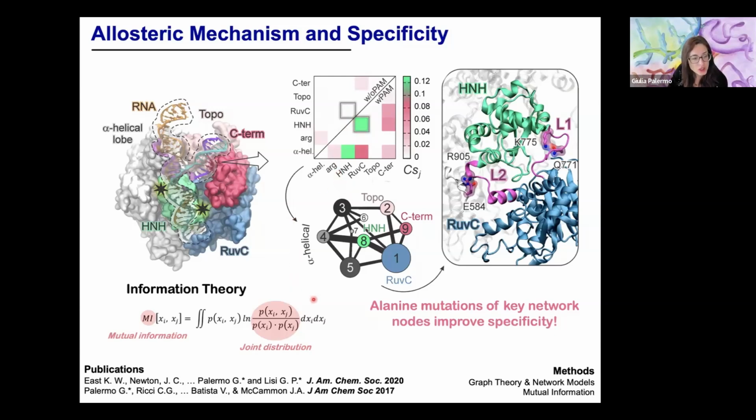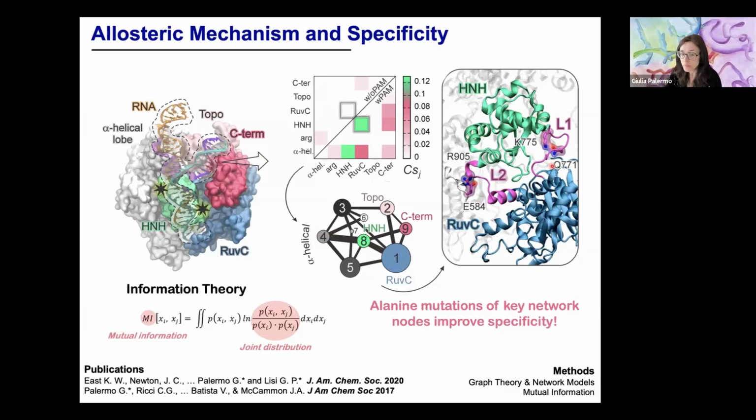We then structured our network. This is the allosteric network that we computed, showing a strong flow of information from the recognition sequence, the recognition lobe where the DNA binds, to the catalytic sites. And we also identified the key residues that transfer the information, the key residues that hold the dynamic exchange between